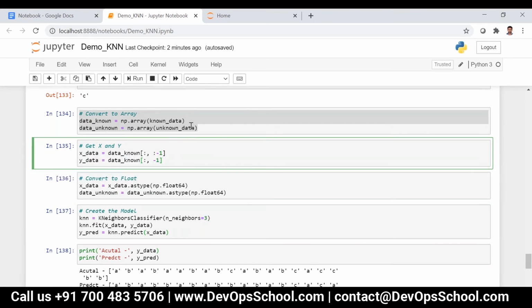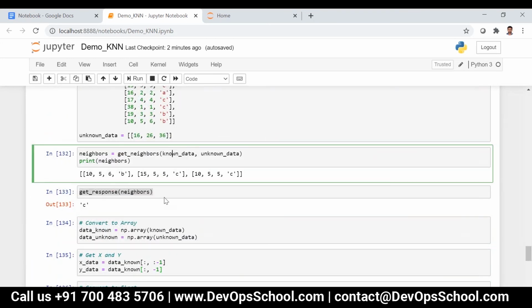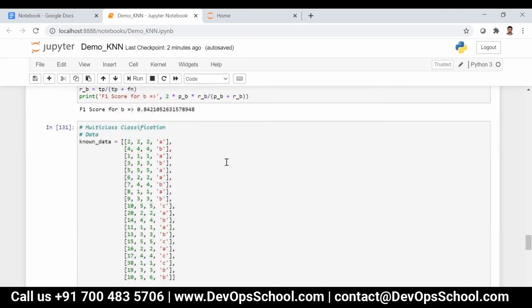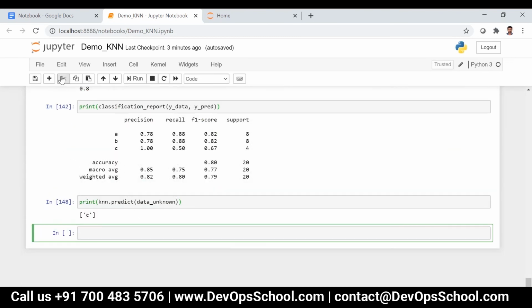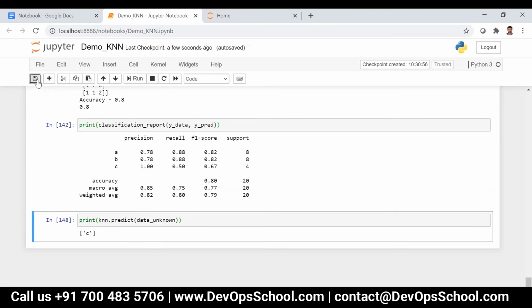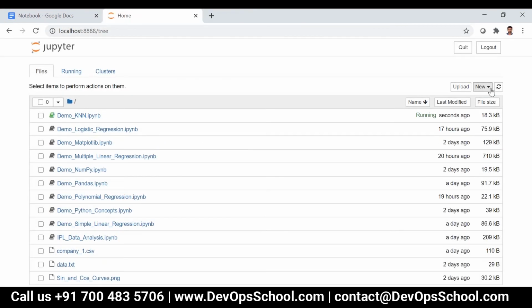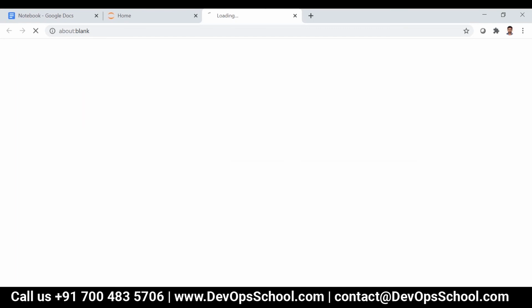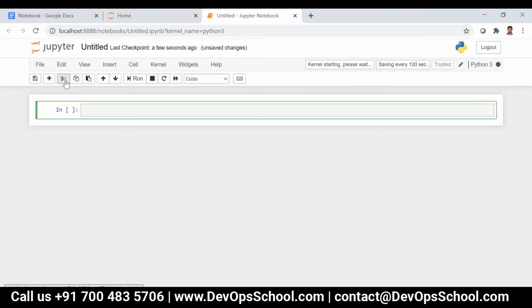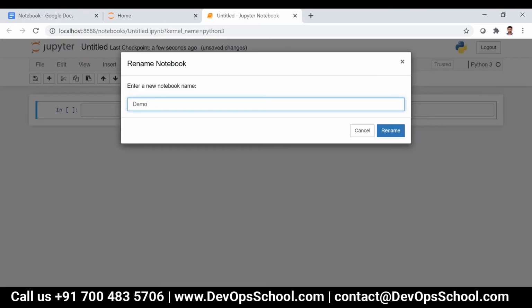Done, right? So what about others? Yes, okay. So now let's talk about label encoding, one-hot encoding. That will be much more interesting. So let's write it. So demo label encoders.